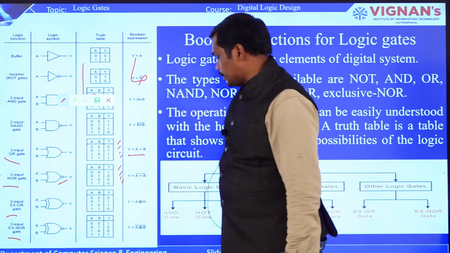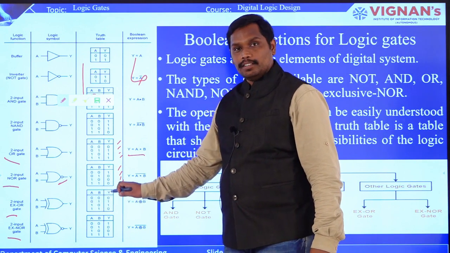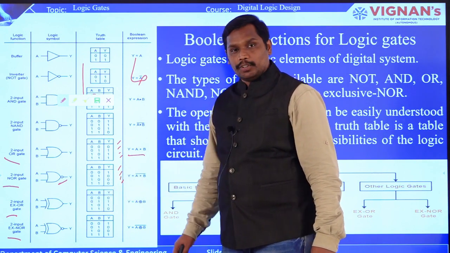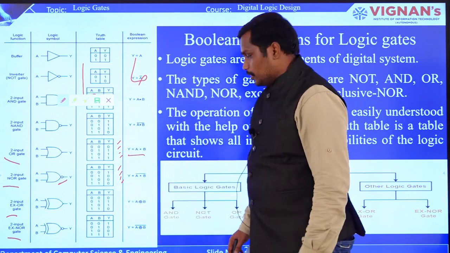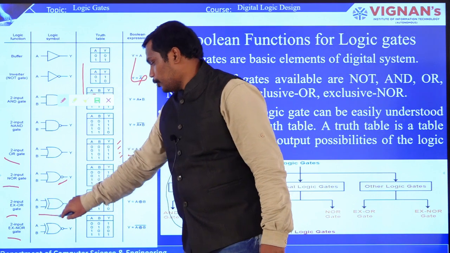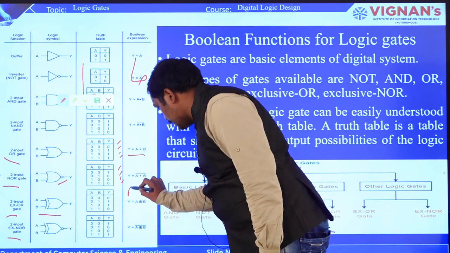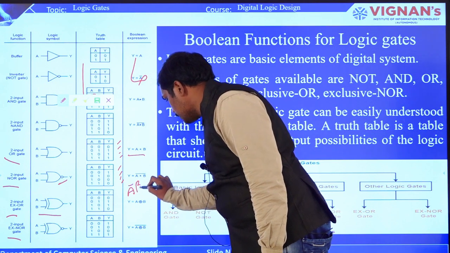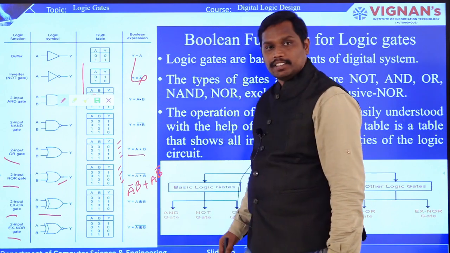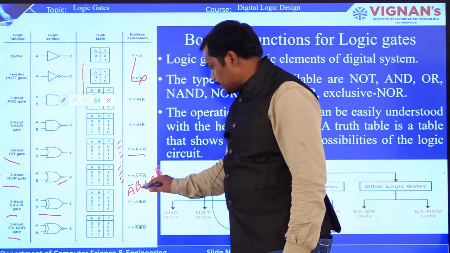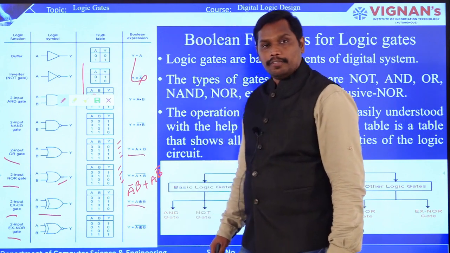So other gates, here you can see that when both the inputs are the same, it is represented with 0, and if the inputs are different, it is represented with 1. Right? So now you can see this is the XOR symbol that you are going to use for the gate, and the XOR gate can also be written as A bar B plus A B bar. This is the expression given for the XOR gate, and this expression can be resolved into y is equal to A exclusive OR of B, right?